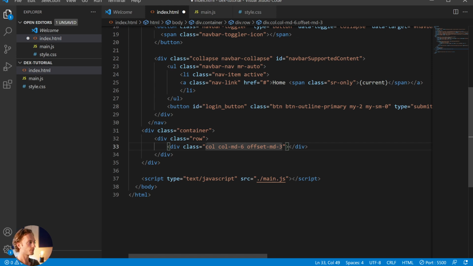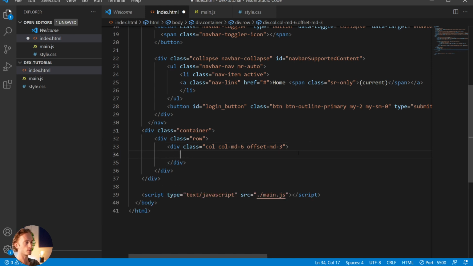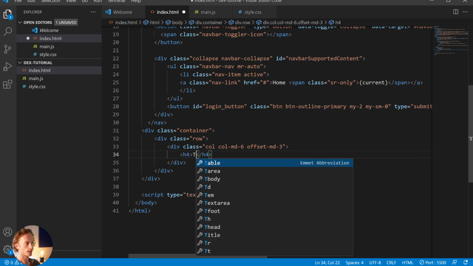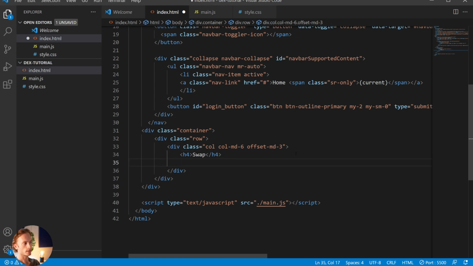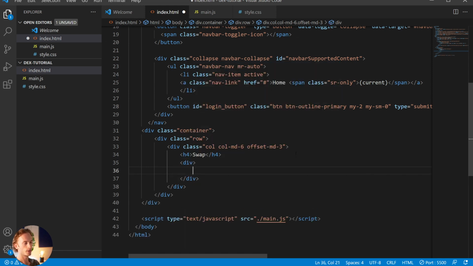That's the full page. So this will give us a single column in the middle, and here we can have our trading window, right? And then we can have some sort of title in here. We're going to do an H4 that says swap, and then let's have a div which will contain our 2